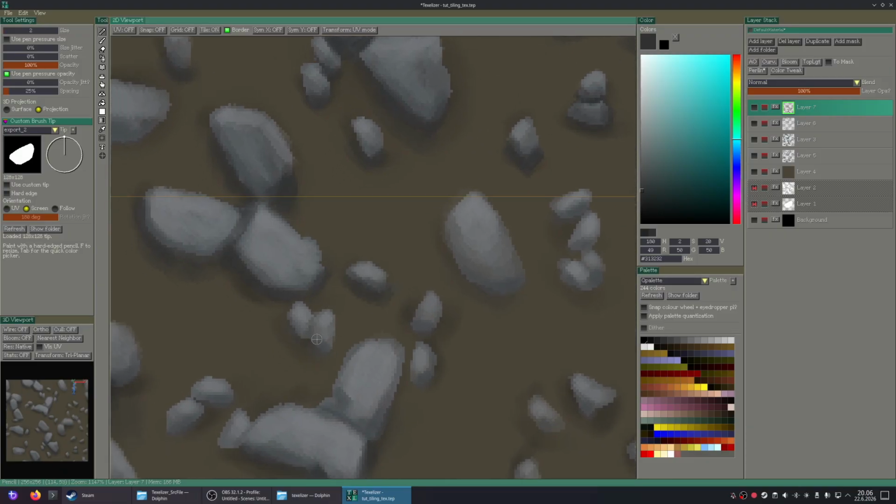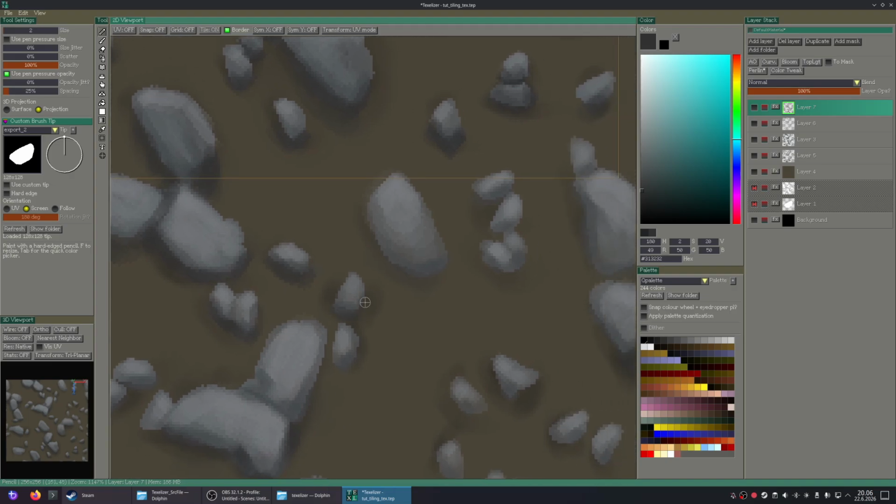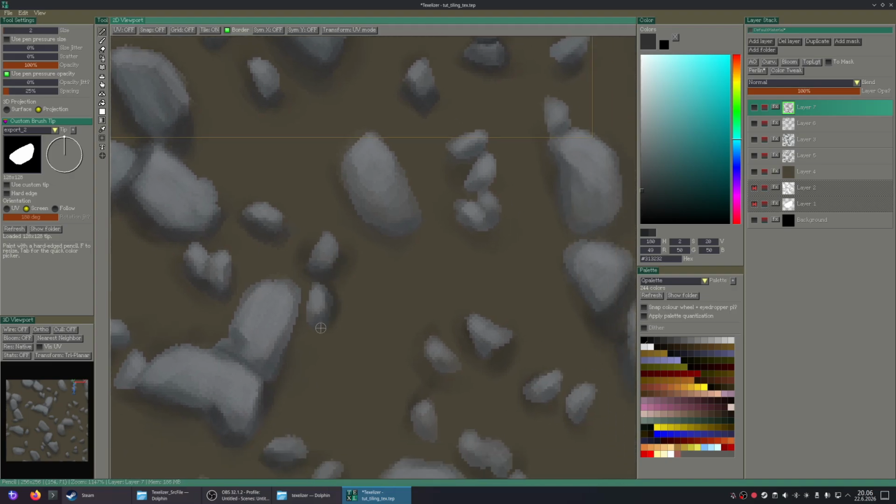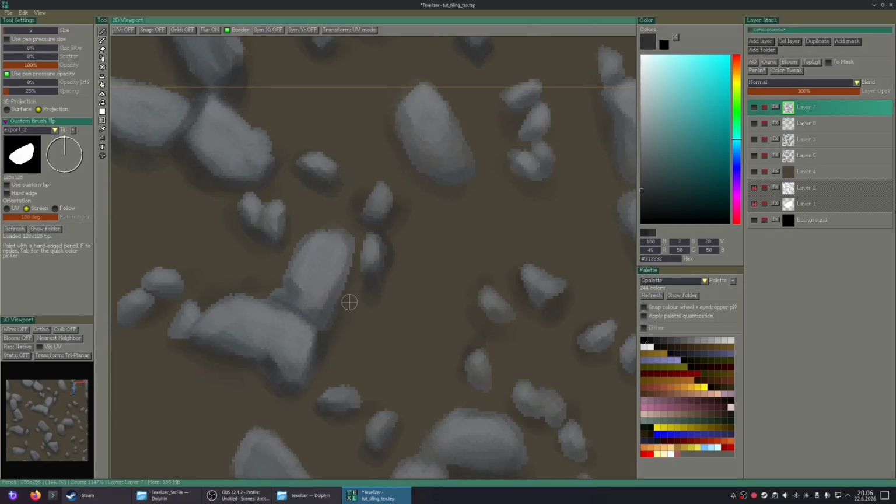If you don't want to have the tiling in some place, then just deactivate it. If you're doing something that is tiling horizontally only or something like that, then it might be useful to disable it in some cases.